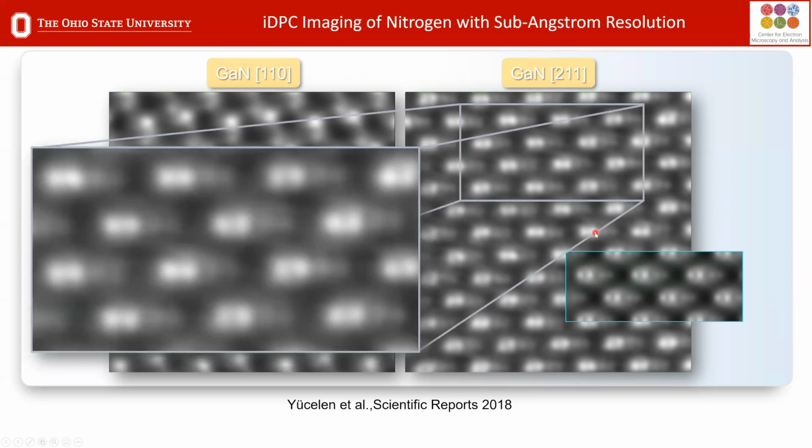And so now if we zoom that up, you can see the actual, this is the experimental image. We have two gallium atoms and two nitrogen atoms. And this is where we would define and say our resolution in this microscope is around 60 picometers. We can resolve these structures clearly and definitively. And again, I don't need to be sensationalistic and say how great this is. I hope you realize